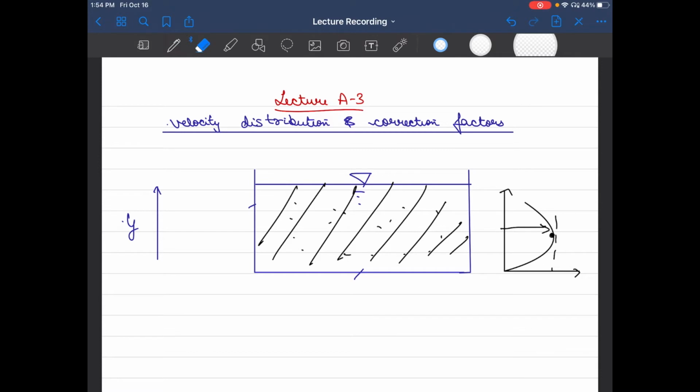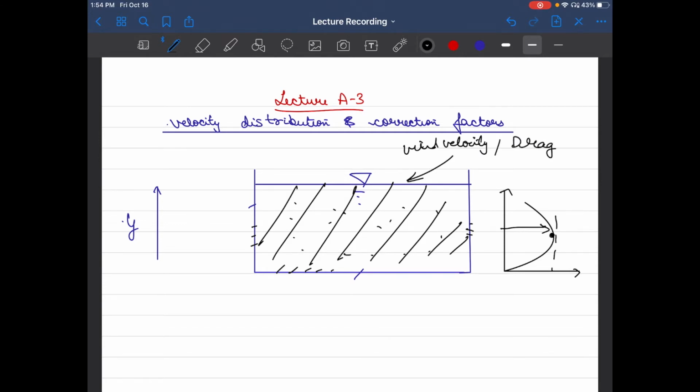Now let us consider a simple case where we have a rectangular channel, and of course the top of this rectangular channel is exposed to atmosphere and it is surrounded by materials or some surface on the three sides, as a result of which there would be some shear forces acting along this surface and so on, and on top we may have some wind velocity that may be acting and resulting in generation of some drag forces.